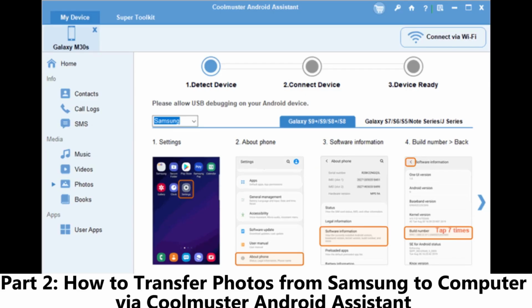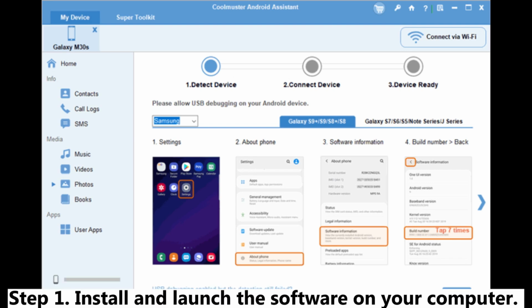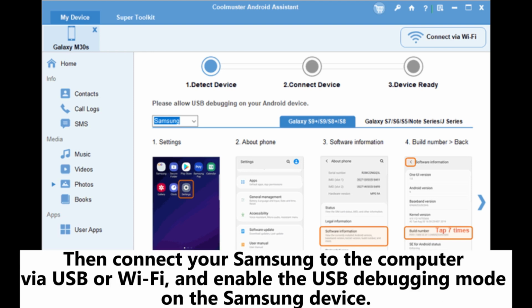Part 2. How to transfer photos from Samsung to computer via Coolmuster Android Assistant. Step 1. Install and launch the software on your computer. Then connect your Samsung to the computer via USB or Wi-Fi and enable the USB debugging mode on the Samsung